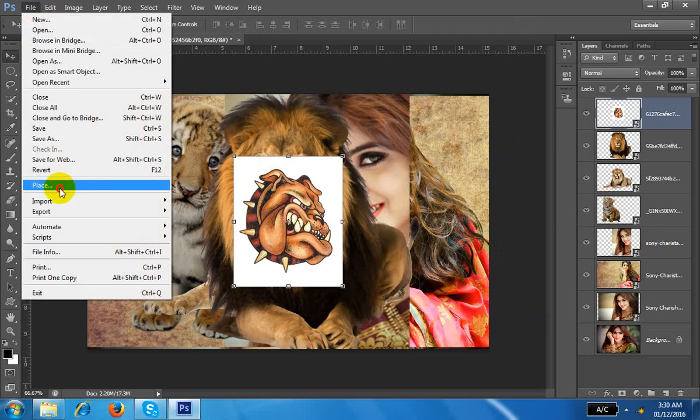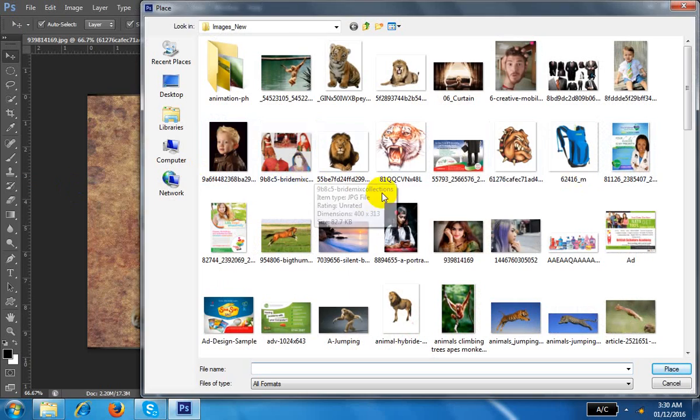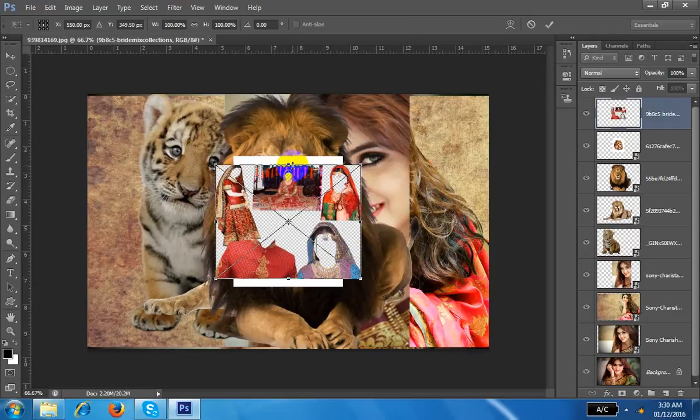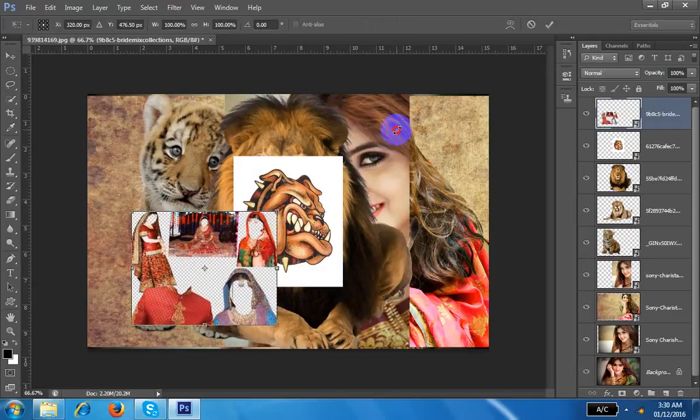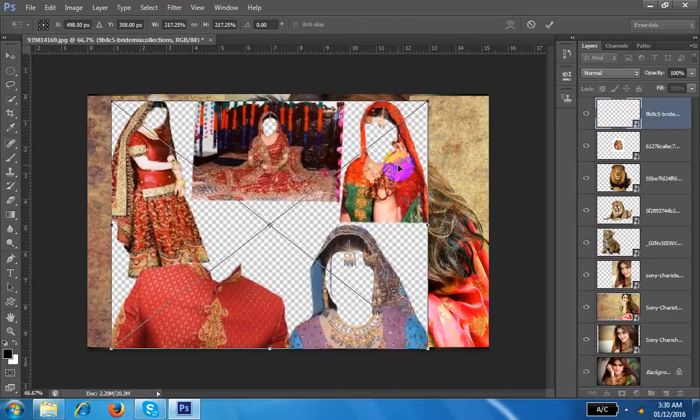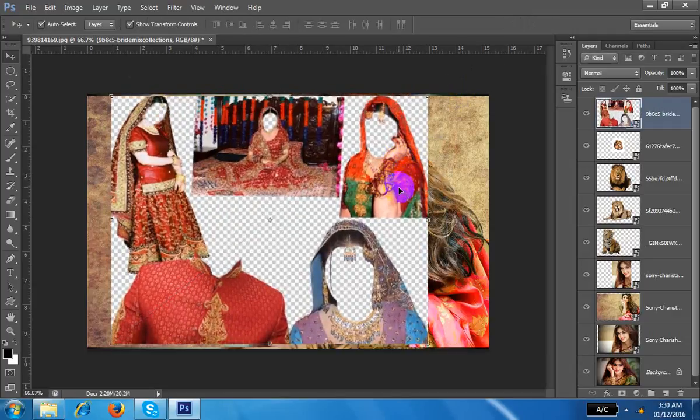Okay, and place some of the more wonderful images I have collected. This one I can give you this image. So what happened, girls or boys can do one thing. They can take your photograph like this one in the same angle. They can cut their face and put it over your face there. Okay, so it will give you an idea of what to learn, what to do at your home. That's why I collected all these images.